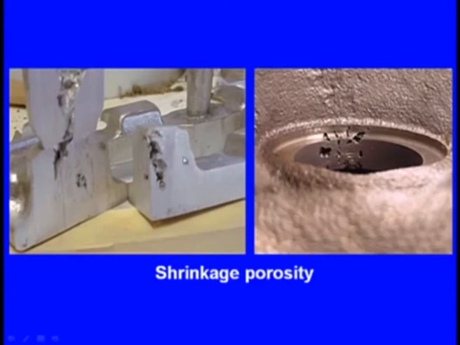Next we can see another defect called shrinkage porosity. Now, you can see this is the casting, but inside there is a hollow cavity, a depression. So, this is a shrinkage porosity. Again we can see this is the casting and inside there is a hollow cavity which is not required and which is detrimental. This is the shrinkage porosity.